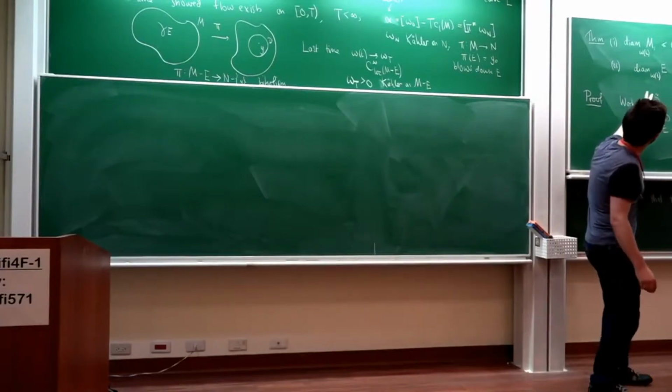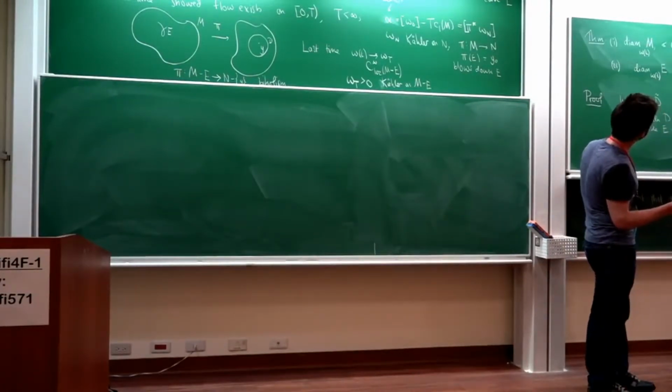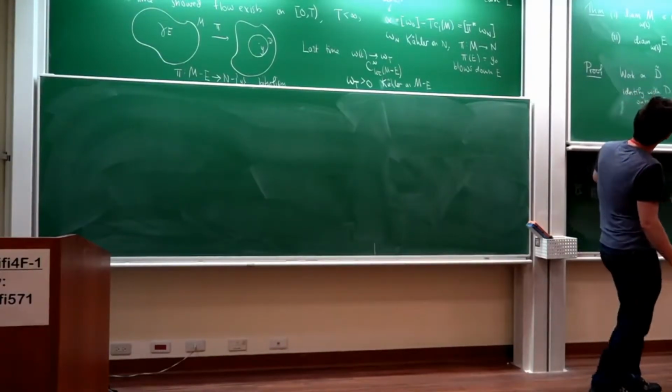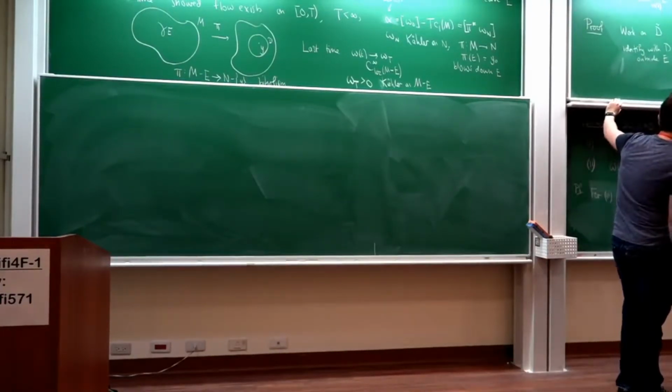So along the Calabi flow, the diameter of the exceptional curve goes to 0, so distances in the exceptional curve contract to go to 0. Okay, so we almost finished the proof of number 1, but not quite. What we showed was that